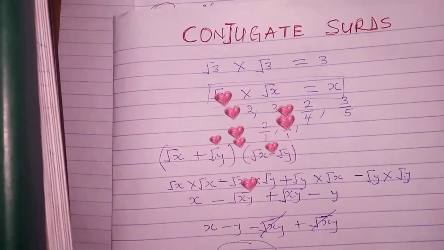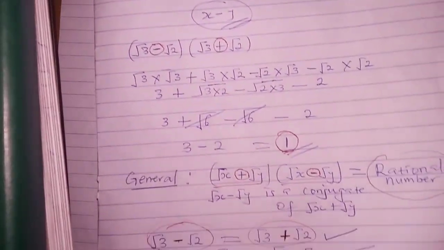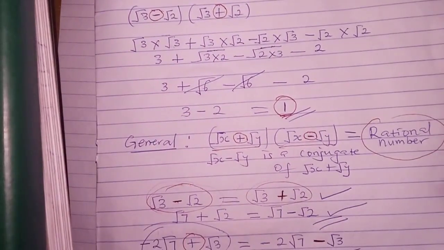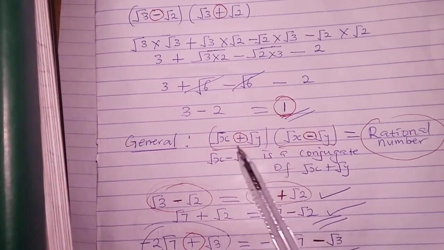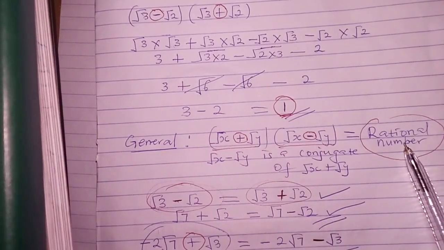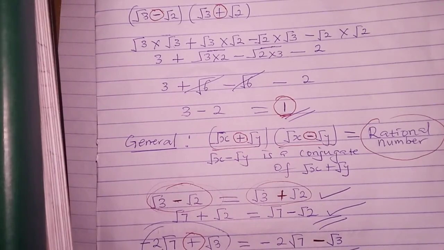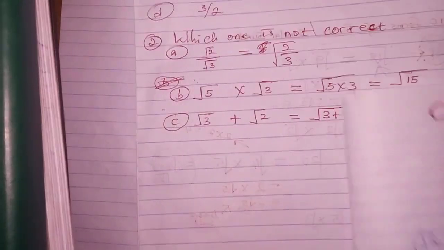Hello everyone, welcome back. In our last lesson, we looked at conjugate surds. We said conjugate surds will result in a rational number when they are multiplied. So when you have two surds multiplied together and the result is a rational number, we say they are called conjugate surds. In today's lesson, we're going to look at